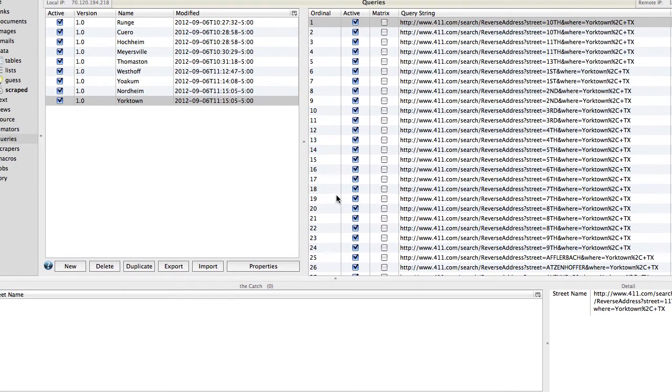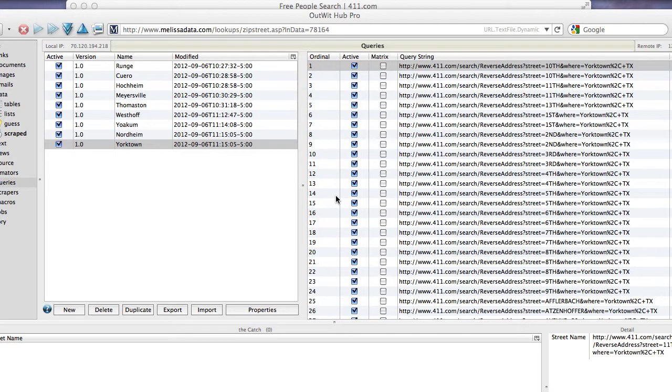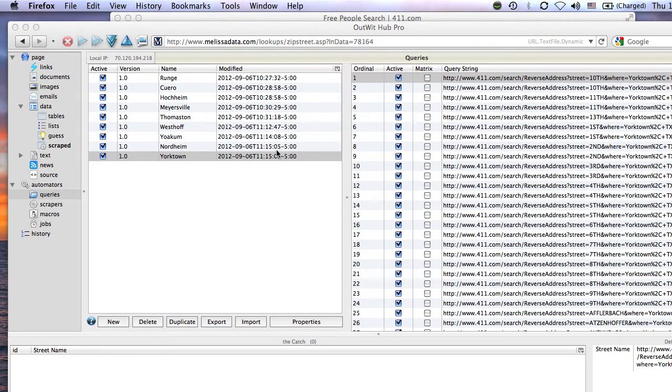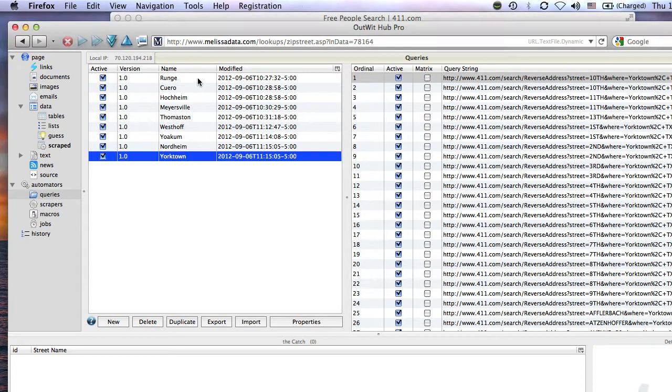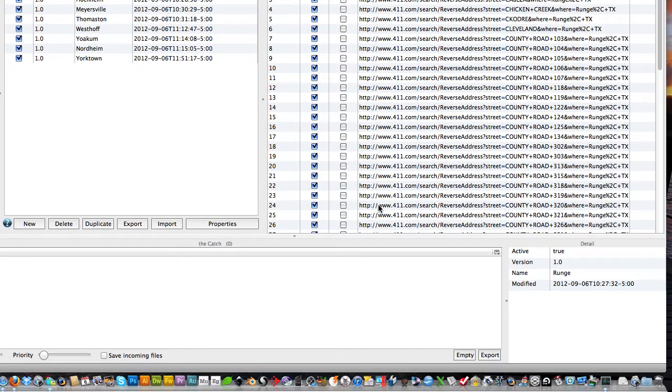Alright, now the fun begins. Now since we've got our lists of streets, we need to start getting some names. So what we're going to do is start out with the Runge search. To make this query work, to actually use all these addresses that we've got,